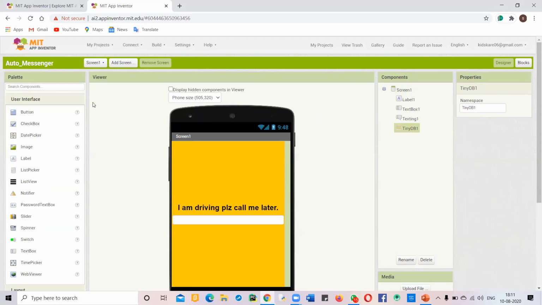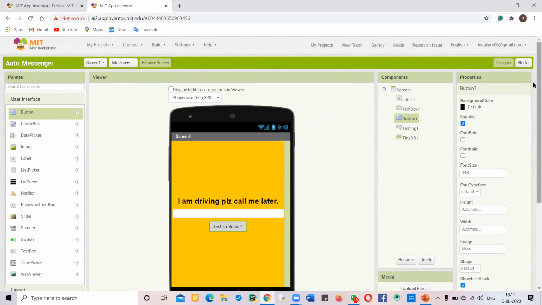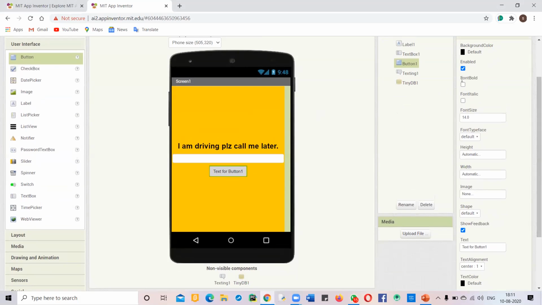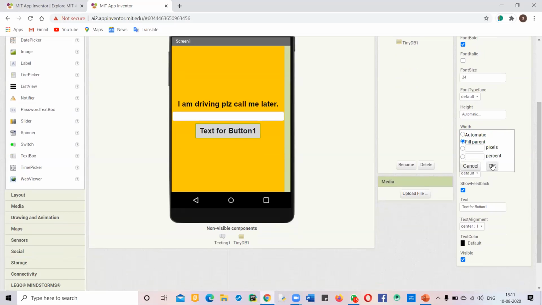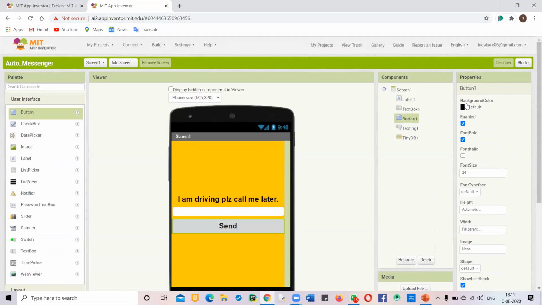So now we come to the last part of the design section. We will quickly drag and drop a button in the screen. The properties are font bold checked, font size 24, width fill parent, and text will be Send. Excuse me, Sanyog, sorry for interrupting you, but we also have to use Texting in a checkbox. And a text